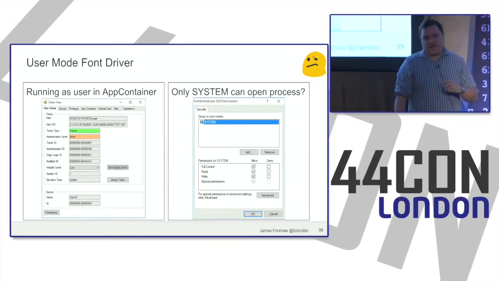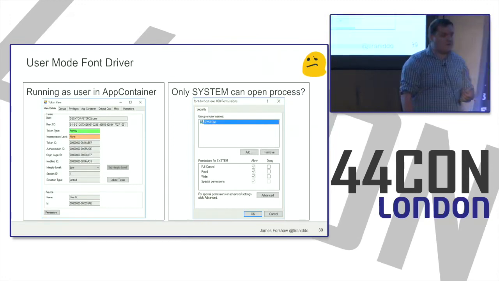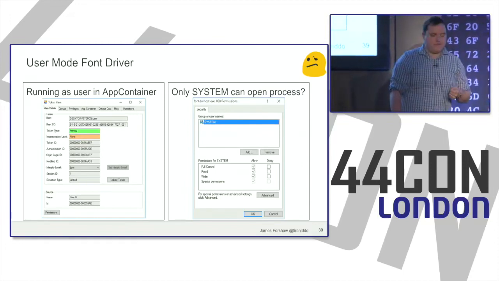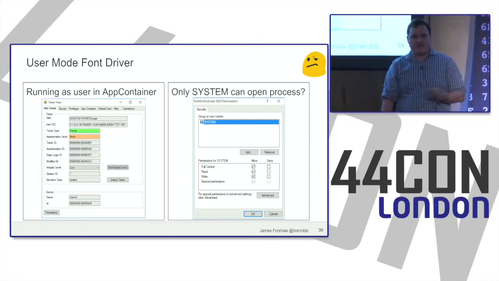So this is something I started looking into for sort of the updates for Chrome. Like I implemented a simple sort of change set for implementing the font lockdown using the process policy. But I thought I'd look at the user mode font driver as well to see if there's anything interesting I can do with it. And it does run as a normal user in your user session, but it runs as an app container, so it's actually sandboxed, and that's pretty good. Like, okay, from say perhaps a Chrome perspective, getting into the app container sandbox probably is better than being in the Chrome sandbox, but still, it's a bit of a significant change.